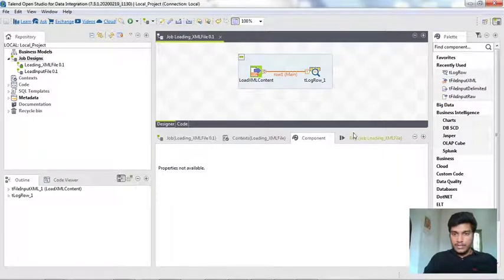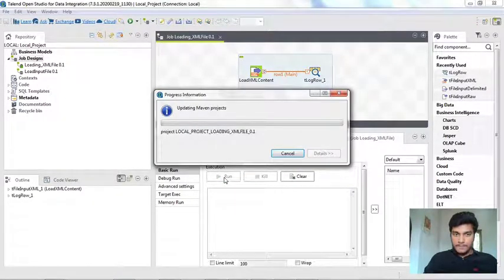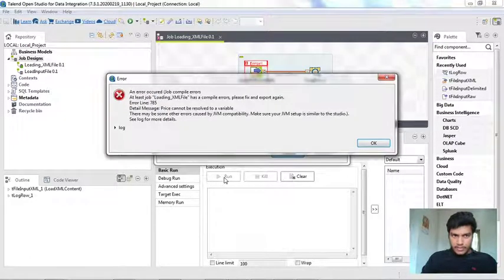So I am saving it, and I am going to the run tab. I am clicking the run tab here. It is loading. An error occurred: price cannot be resolved to a variable. Let me check what the main error is.